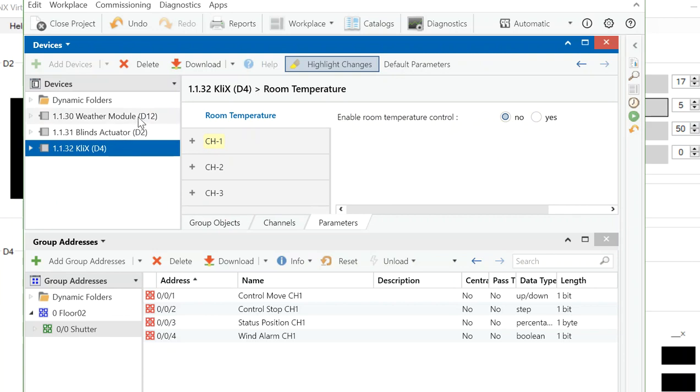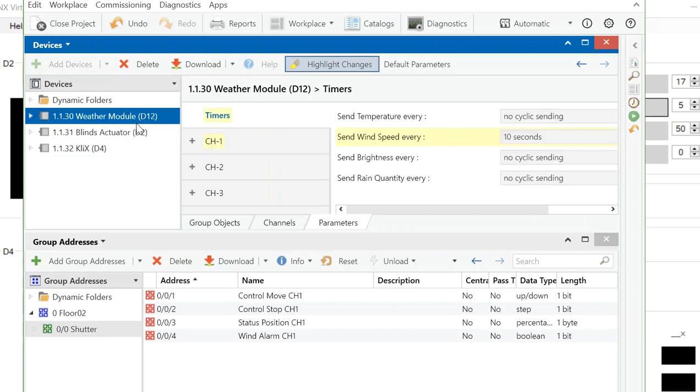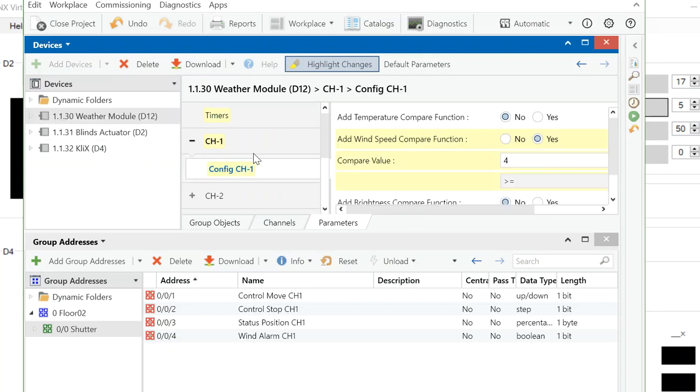Please focus on the abbreviation notes like D12, D2, and D4 to make the right download, and always use the full download in KNX Virtual. Okay, so after we import it from the catalog view, we do some parameterization. We go to the weather station, the weather module. We go to channel 1 and set on the weather module